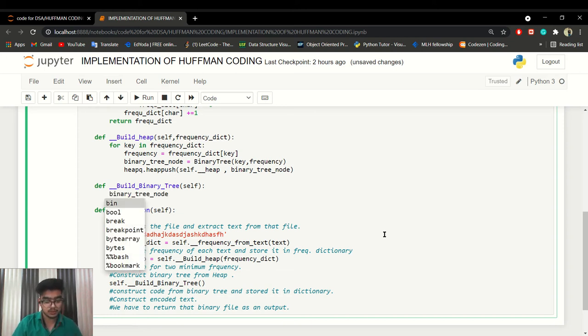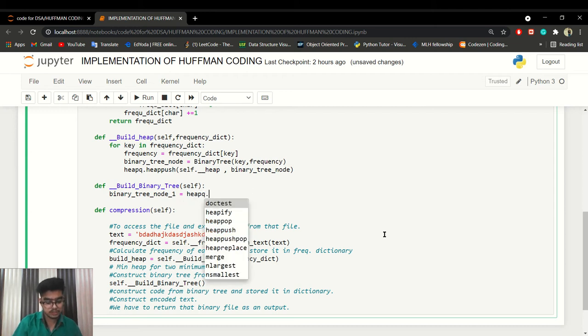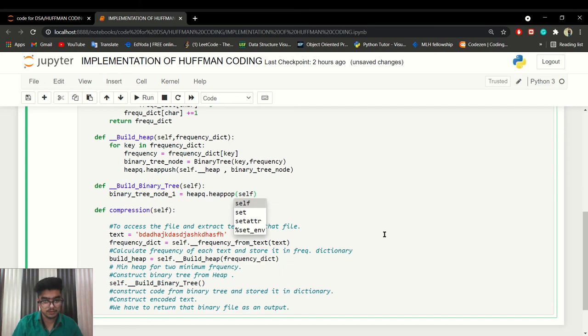Binary tree node 1, how can we do that? heapq dot heappop, and we have to write from where we have to pop. We have to pop from the heap, and similarly we are popping the second node here.